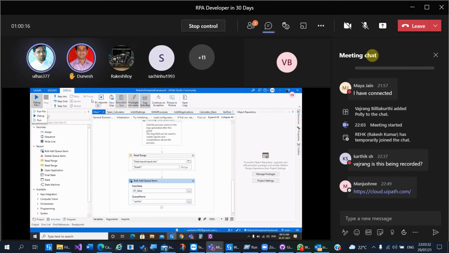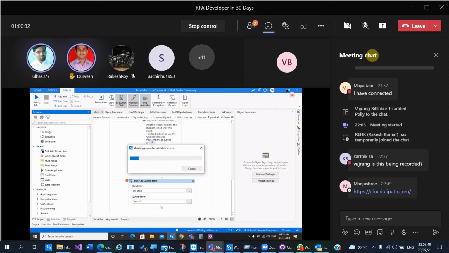Just toggle breakpoint. Now run this file. Debug file. Okay, debug from main.